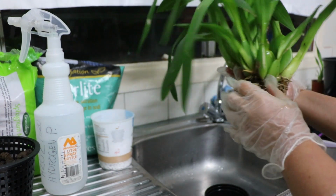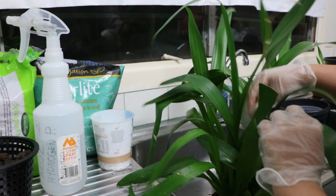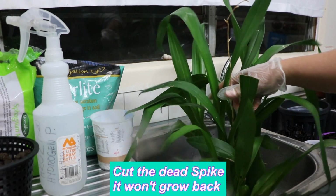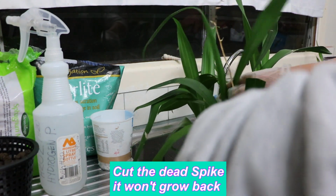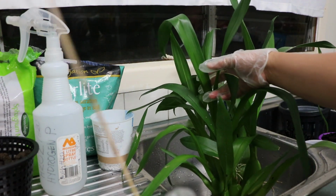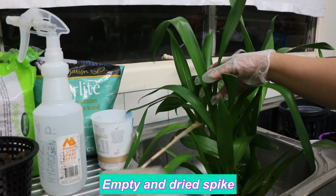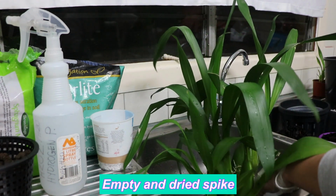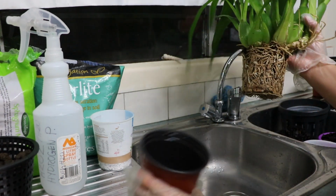we should remove this first. You can't stand this pot alone as well, too heavy with the really small pot. Okay, I'm gonna remove this flower stalk that has been growing here. Be careful cutting this, so you don't cut your leaves. So this one is really completely dead. See, it's all papery, guys, nothing in it alive anymore. So chuck this somewhere later in the rubbish. Leave it for now. And while removing this,